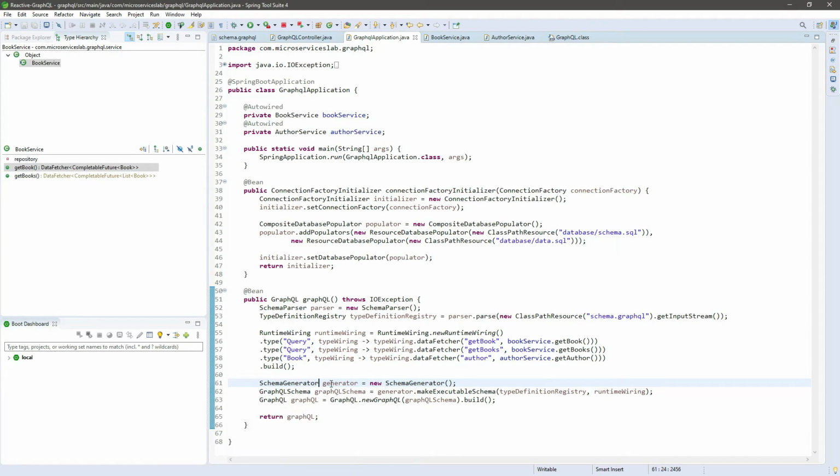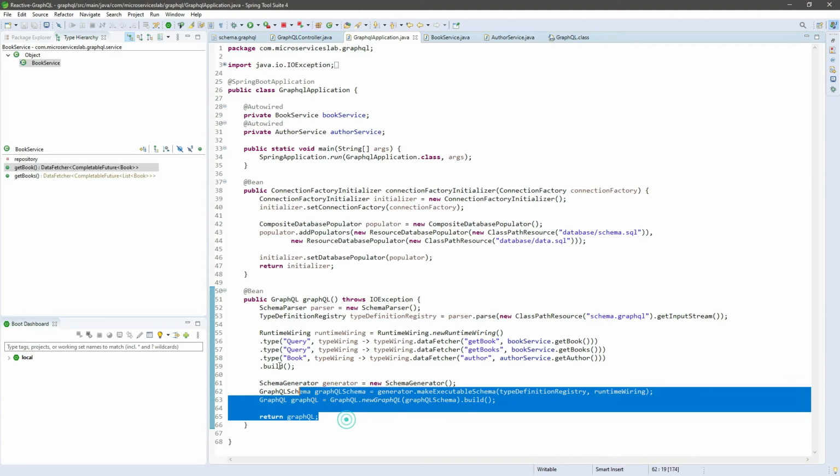Now I will use the instance of the GraphQL schema class to construct an object of type GraphQL. This object will help us to deal with the request later. So this is the whole process.